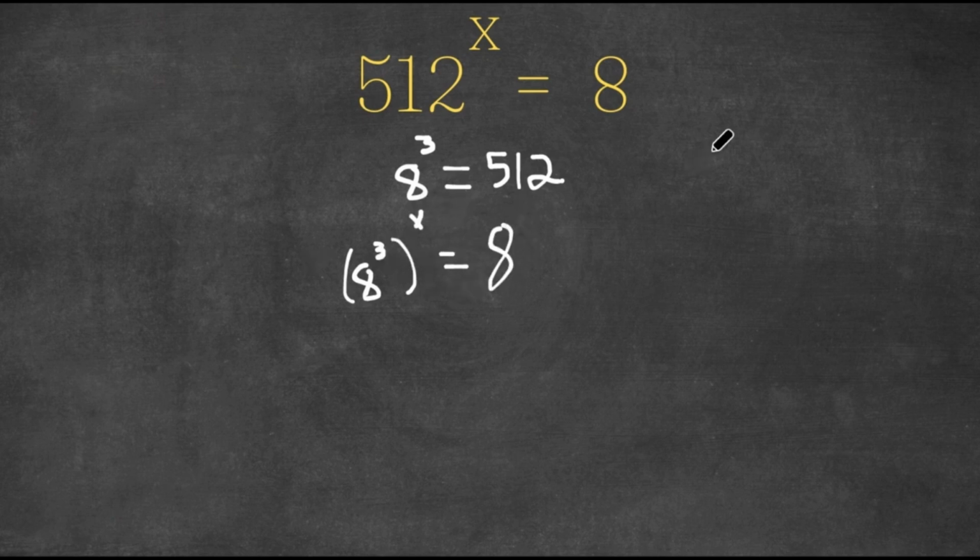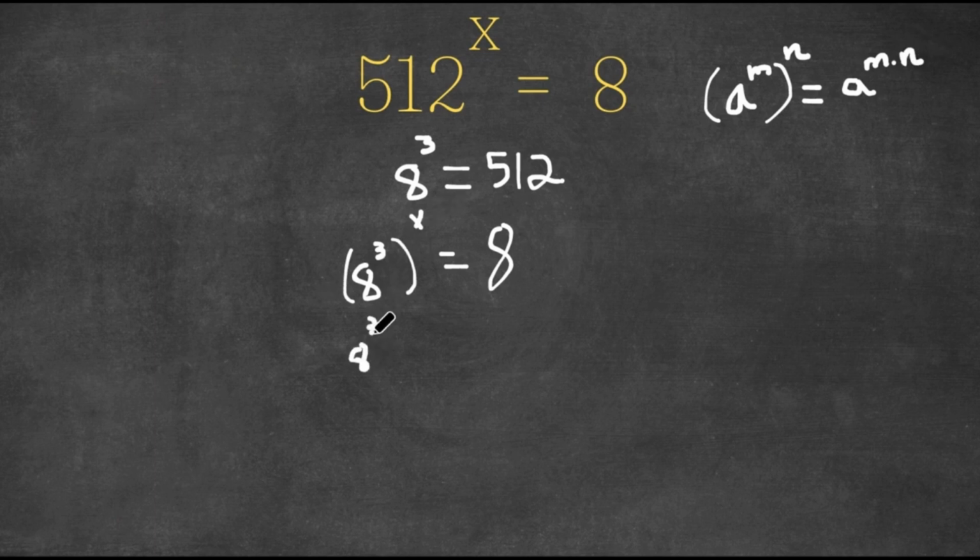Now, if we have something in the form like this, where we have a to the power of m to the power of n, and this is an important property for exponents, this is actually equal to a to the power of m times n. So 8 to the power of 3 to the power of x is equal to 8 to the power of 3 times x, which is simply equal to 8 to the power of 3x, because 3 times x is 3x. So now we have 8 to the power of 3x